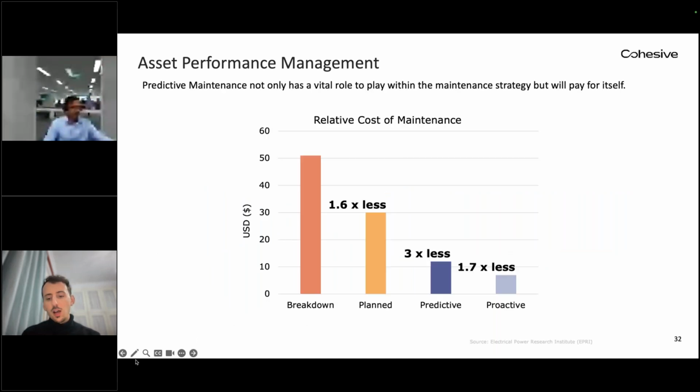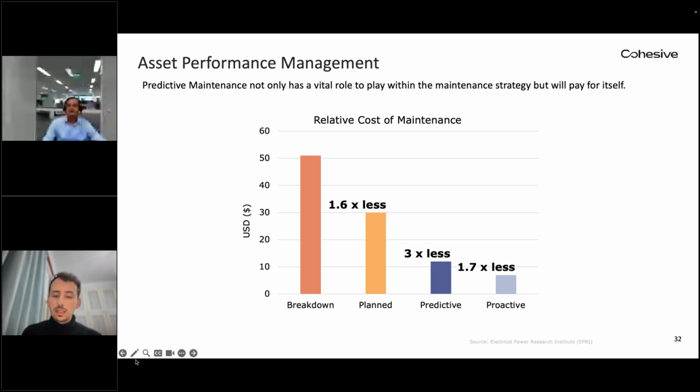And so how exactly do we do that? Well, we know the various different regimes of maintenance. And this is research done in the US by the Electrical Power Research Institute, EPRI. And effectively what they looked at doing was, you can arbitrarily think about this as for a particular asset class. If you were to go from purely run to failure as opposed to planned, as opposed to predictive, as opposed to proactive, each subsequent step has a reduction of total life cycle cost against that particular asset.